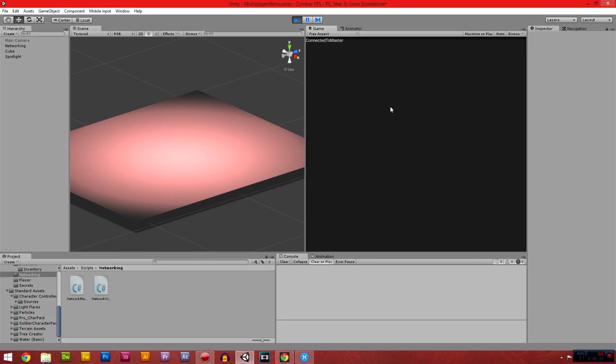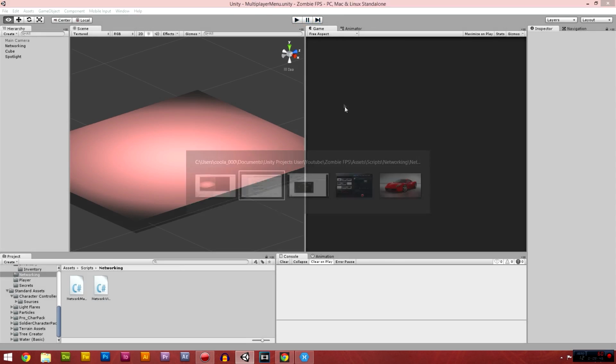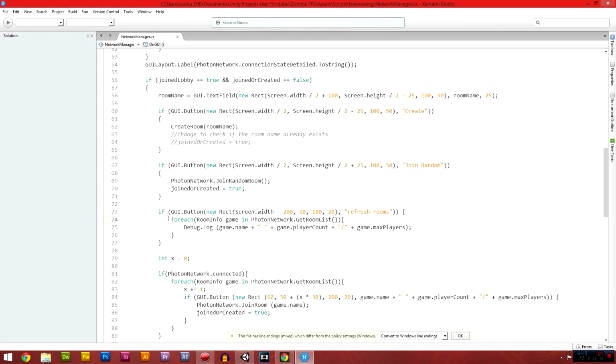Network. Now if we create TMP1, create, joined, refresh rooms, and it's not working. Alright, for each